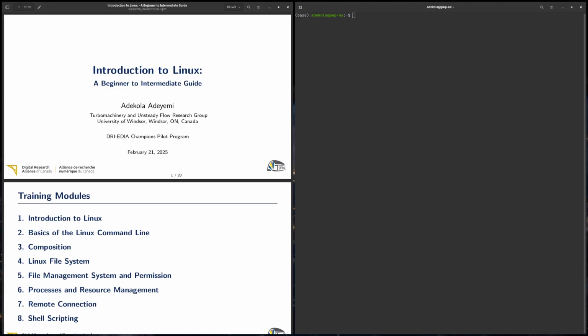To tell you a little about the Alliance, the Canadian government invested in digital research infrastructure. The idea was to equip Canadian scientists and scholars with digital tools for world-class research